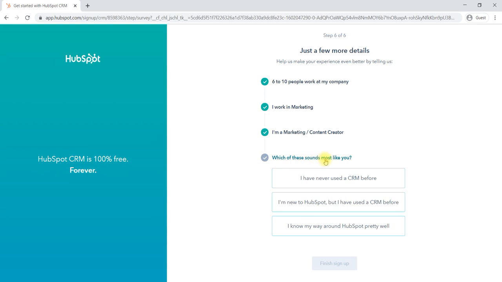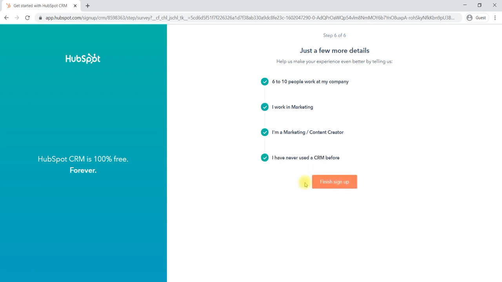Which of these sounds most like you? You can give 'I never used it' if you are a first-timer. If you are new to HubSpot you can give this one. If you know something about HubSpot, then you can use the other one. If you select this one, it will give details about the tool.